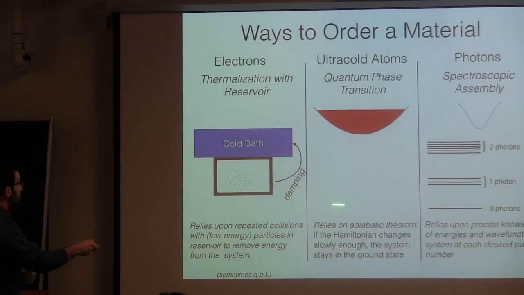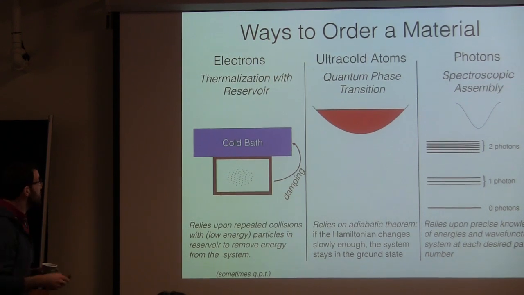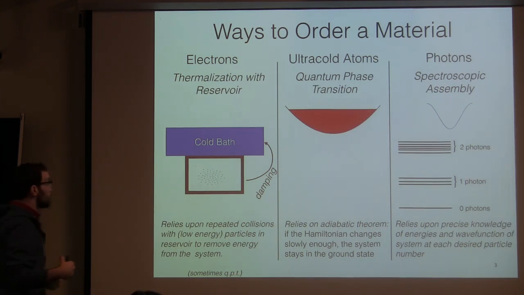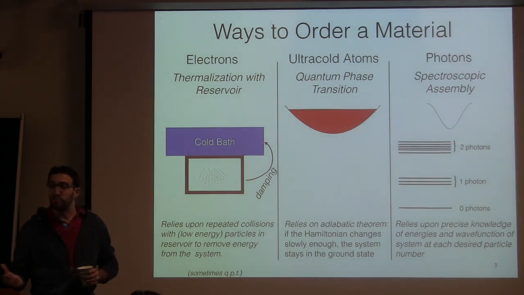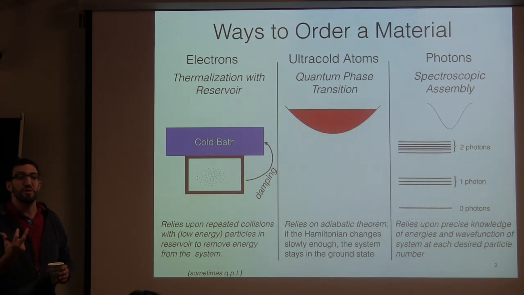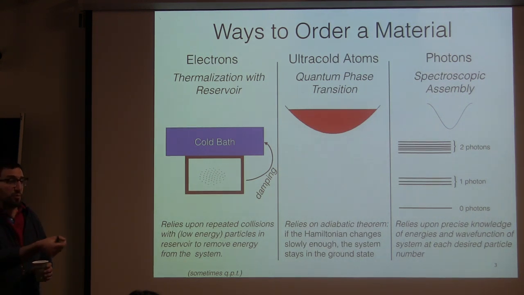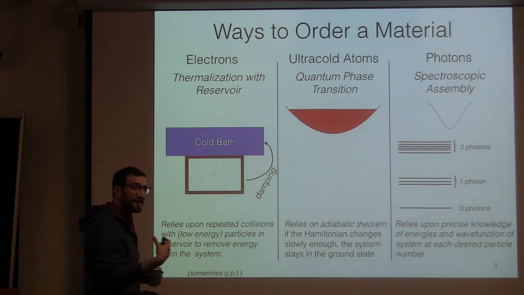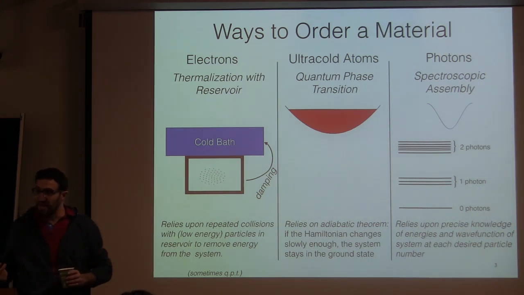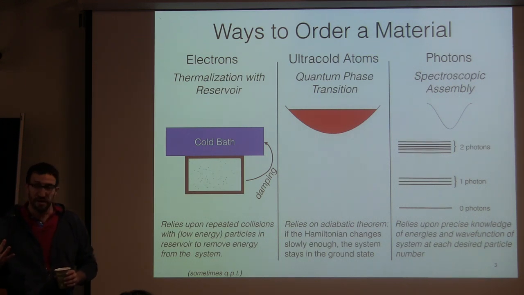Okay? And then we rely on the adiabatic theorem. And what we do is we turn this trap into a lattice, okay? Which, as Emmanuel explained on Monday, reduces the kinetic energy scale and increases the interaction energy scale between the particles. And they should crystallize into 1 particle per site, into a lattice. Now, why do they crystallize? Because the system started in the many-body ground state, and once I have this lattice on, the many-body ground state will be 1 particle per site.